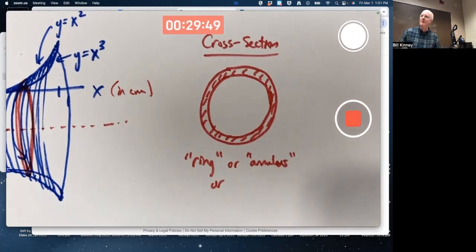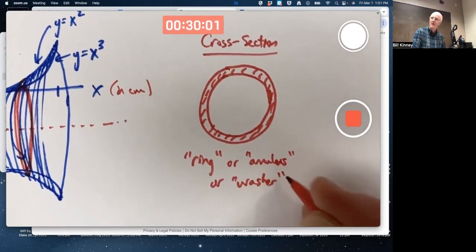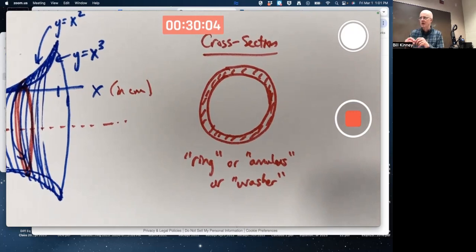Or if you're more of a mechanical mind, and I don't mean the class mechanics, but I mean literally like fixing cars or doing plumbing, you might think of it as a washer, right? Like a washer for a screw, or a washer that you put in your faucet to try to prevent